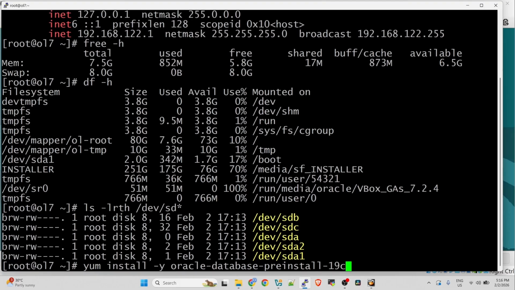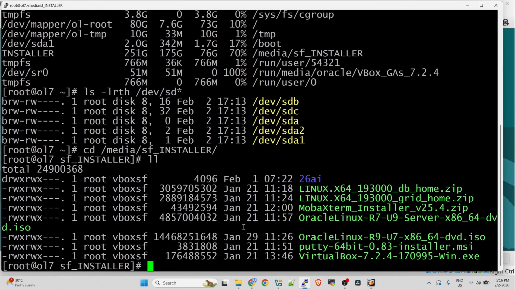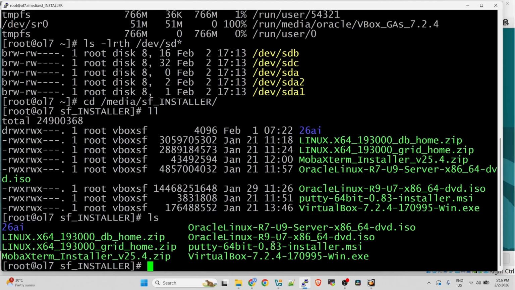So the packages that are needed for Oracle database installation are already in this server. And then I updated the packages as well. And as you can see here, I changed the password of the oracle account created by the pre-install RPM. And I added this group to the oracle user so it can access the one that we shared in the shared folder. So here, as you can see, the installers are listed here.